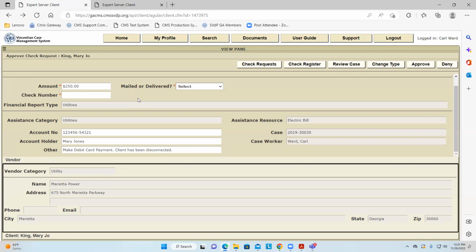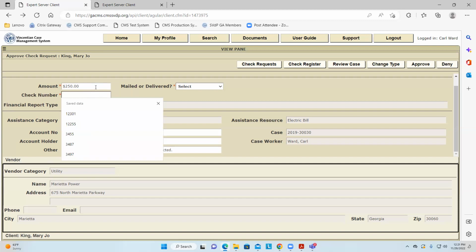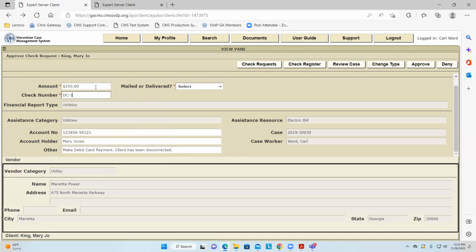Another way is what I've seen conference treasurers do, make up their own scheme. One that I think I've seen used quite a bit is they'll preface the check number, say DC-11, 2022-1, because they might have two within the month. And you can do whatever you want to do, but once again, it must be unique. The only time the uniqueness is ignored is when you use the words debit transaction. Okay?